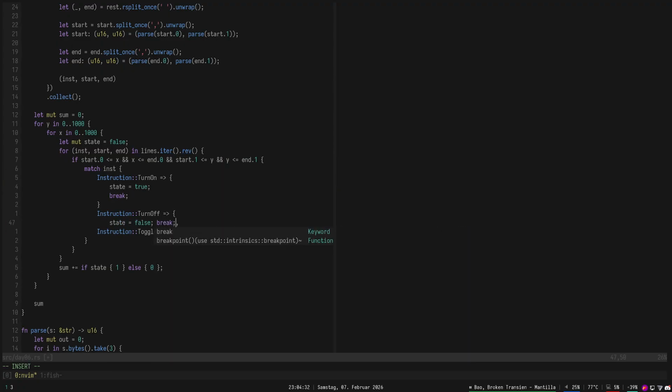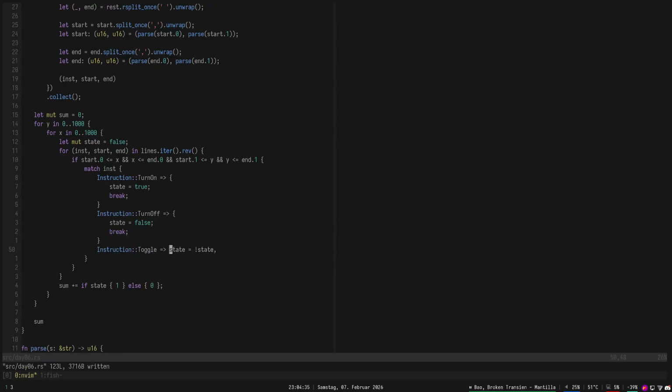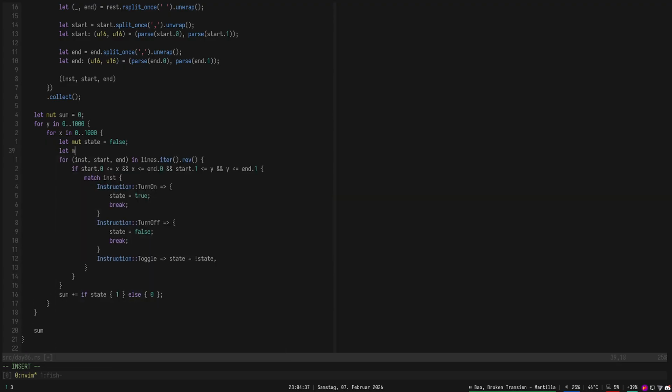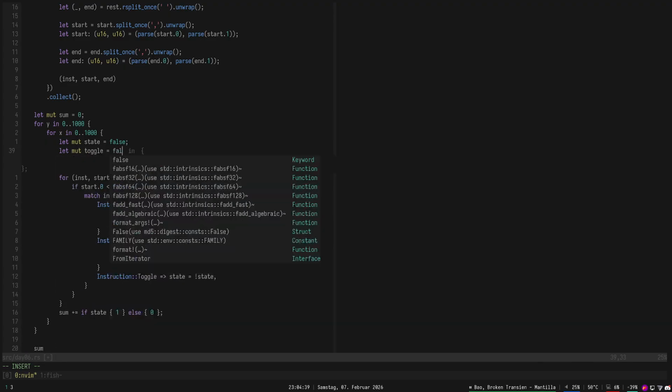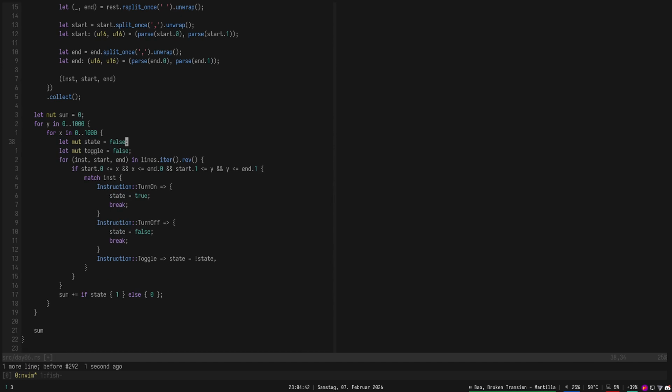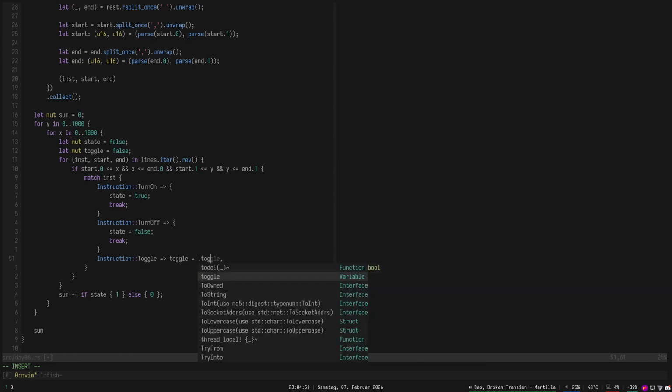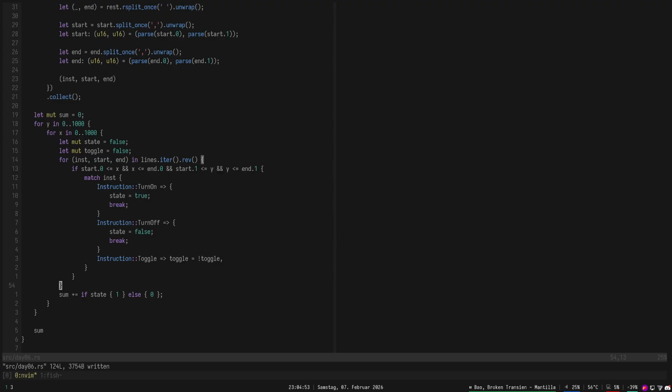State equals false, and then break. Otherwise, we need to say let mut toggle is false. And then toggle equals not toggle. And then if, this is weird. Wait, hold on. So toggle in this case is,